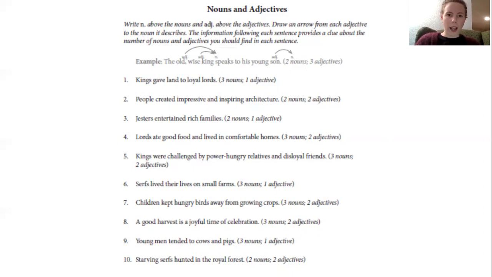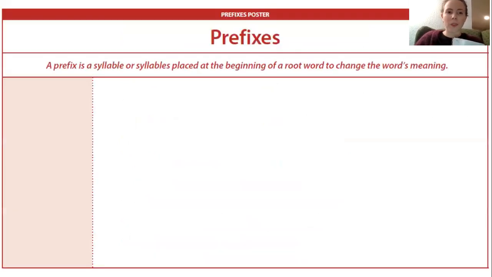Now we need to find 1 adjective. Kings gave land to loyal lords. What kind of lords are they? They're loyal. That's describing the types of lords. So that is our adjective. So you should have a sentence that looks like this. You'll do numbers 2 through 10 all by yourself, and then you can take a picture of that to turn in on the Google Classroom to me. Some scholars with the questions from chapter 1 actually typed onto the picture I made, and I'm not sure how they did that, but if you can figure that out, that's great too.